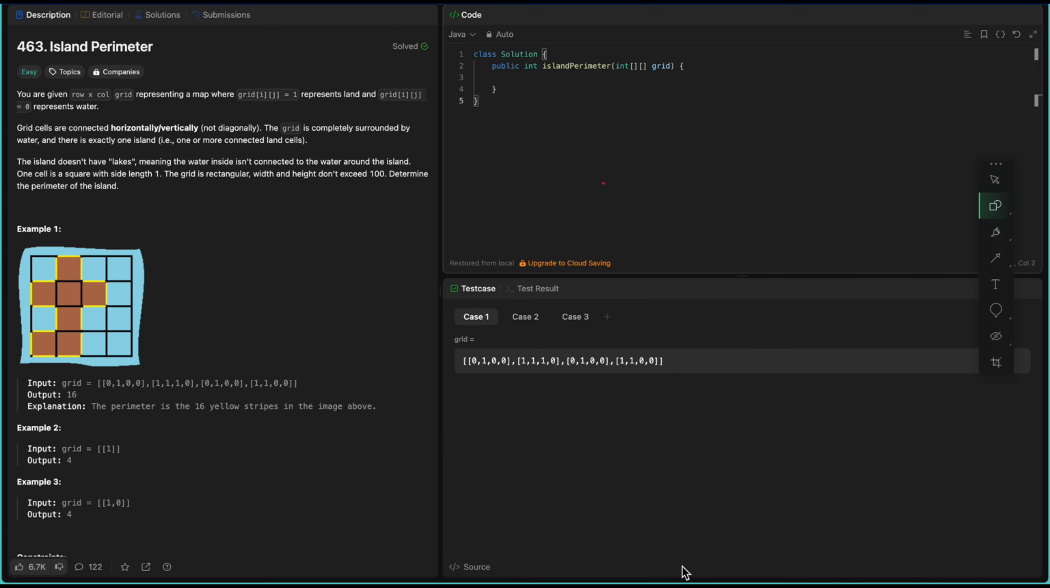Hello everyone, let's talk about another easy problem on Leetcode today. Island perimeter, Leetcode 463. It states that given a row by column grid representing a map where grid[i][j]